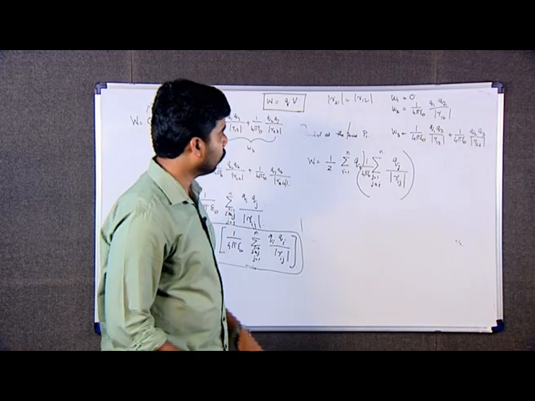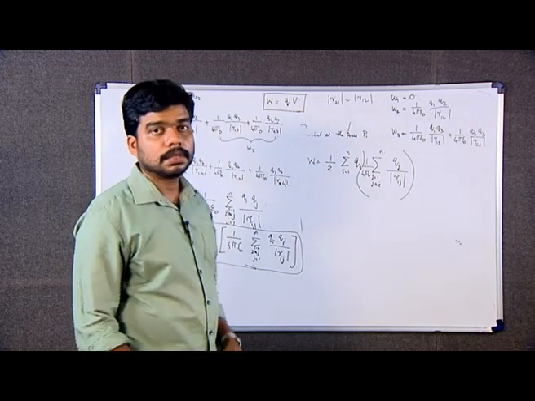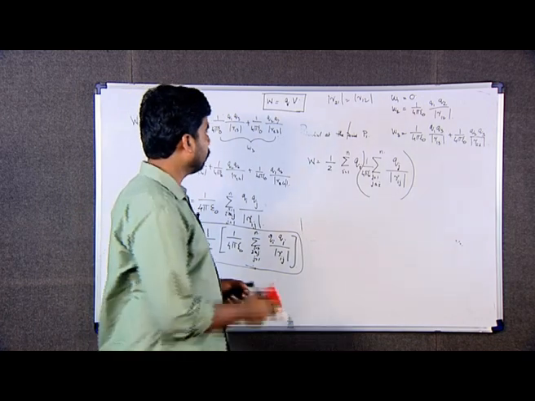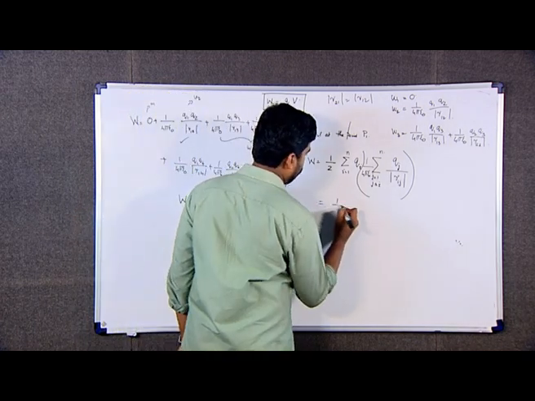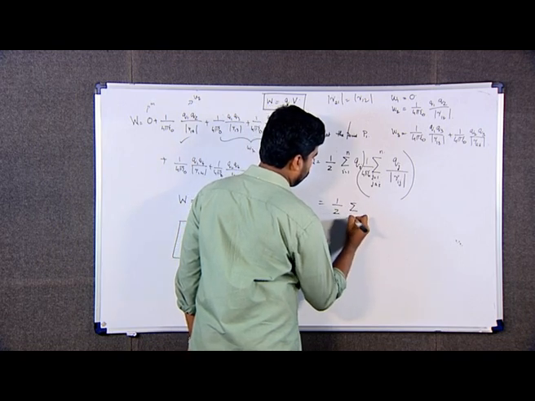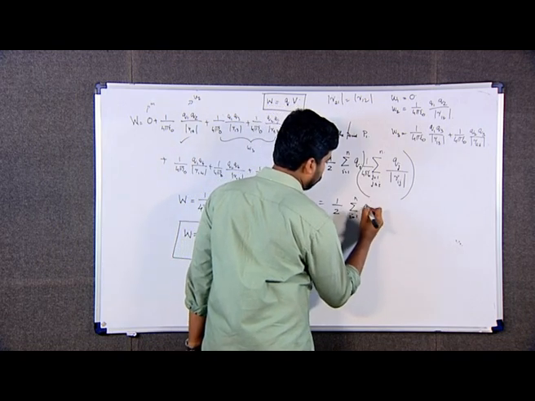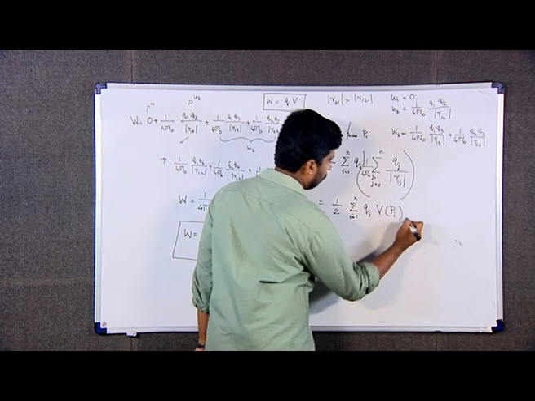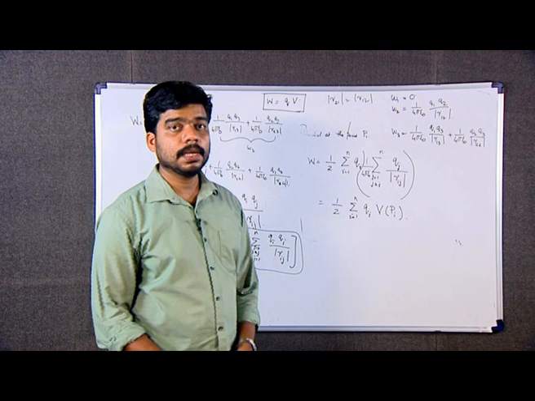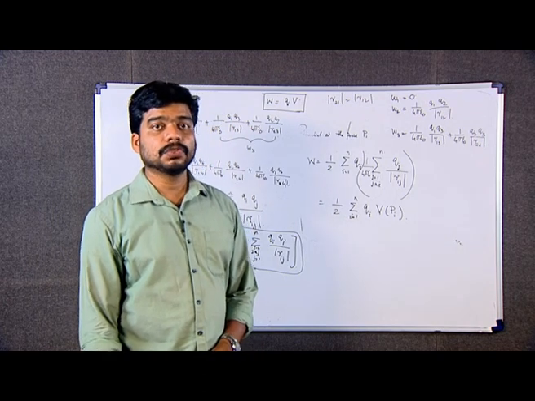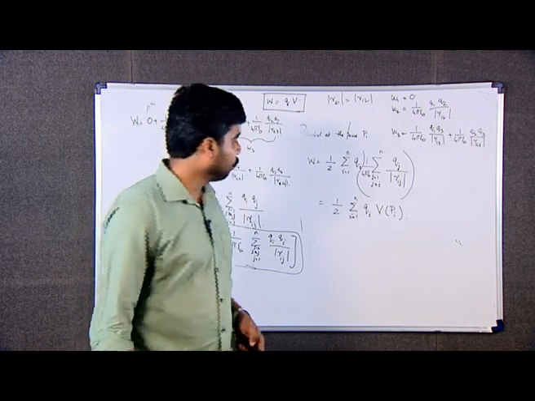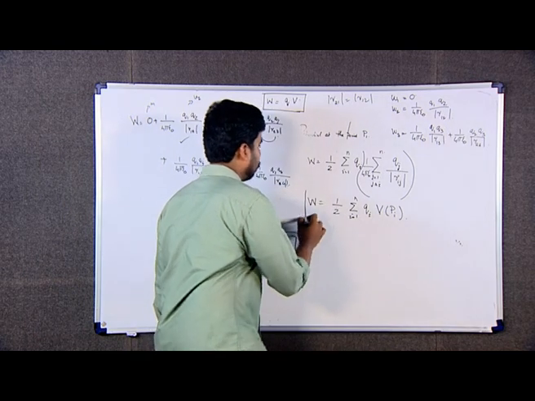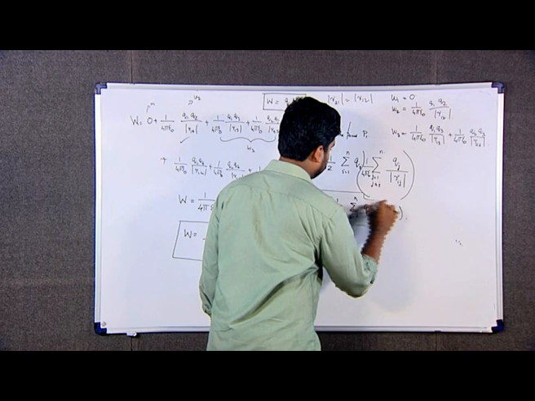1 by 4 pi epsilon 0, sigma q j by r i j. This is nothing but, which is equal to half into sigma i runs from 1 to n, q i into V of p i. So, this is the general expression for the work done to assemble n number of